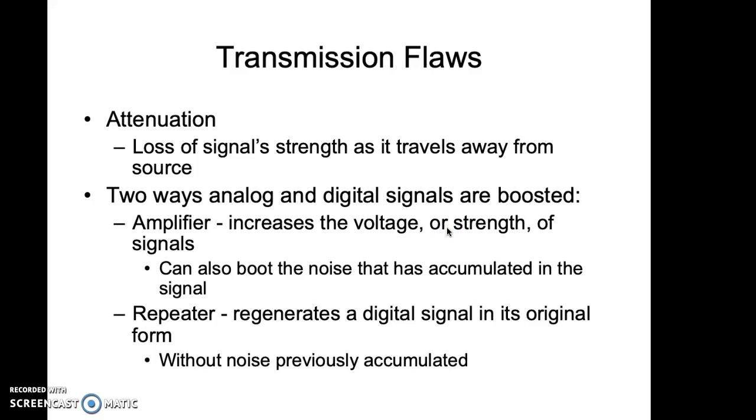All right, transmission flaws can occur. One of them is attenuation. If you have a flaw, attenuation is basically when the strength of your signal starts to degrade. There's two ways mainly that we boost things, and I wanted you to know the difference between these two, because the boosters, amplifiers, are used for